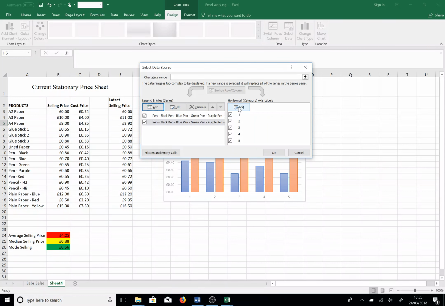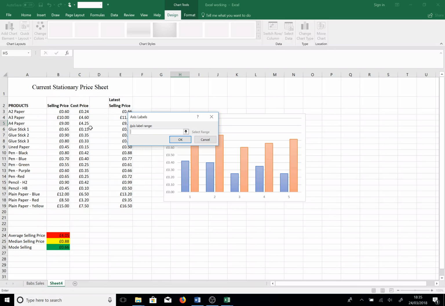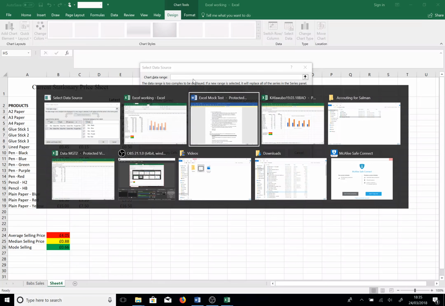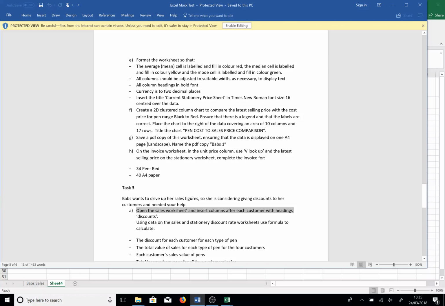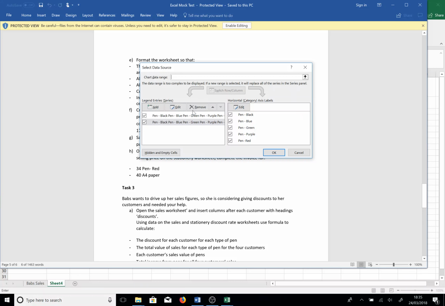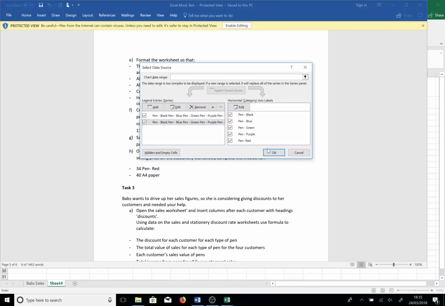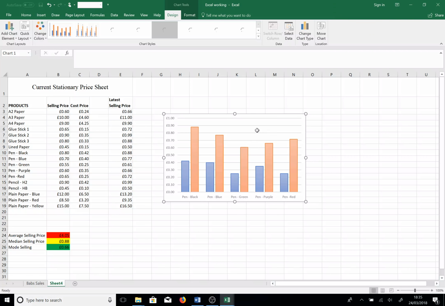So he's going to want you to make sure that your axes are correct, yeah? You can see that. So your axes should be this. Okay. Pen black, pen gray, and chart data range. This will be the title. Yeah, Control C here, and then just don't do that. Then okay. Then just click OK. That will give you